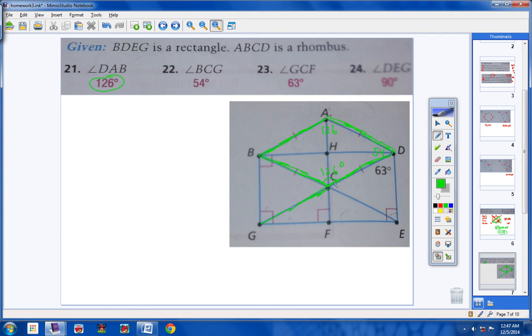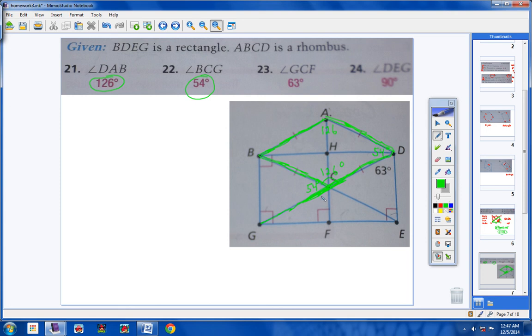Now look, I have a straight line here. A straight line. So this angle here with one dot and this angle here with one dot have to add up to 180, because a straight line is always 180 degrees. So that means this angle here has to be 54, because 126 plus 54 is 180. Okay? Alright, now we're going to find the angle of